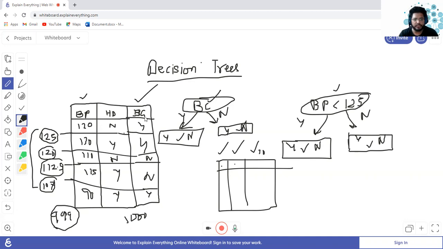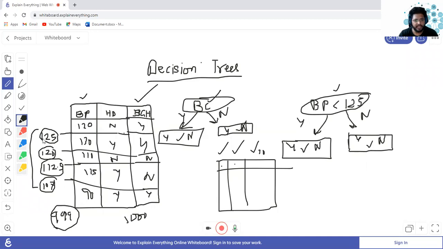But for blood glucose, whether it is high or low, yes or no, I can know. Blood pressure is present or not, it is always present. Pressure is always present. So it is not a binomial question.